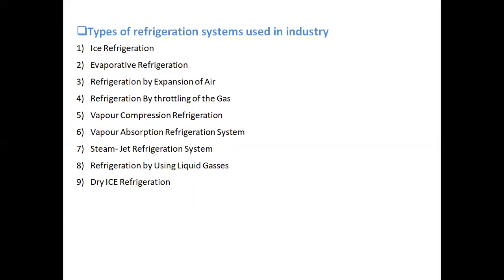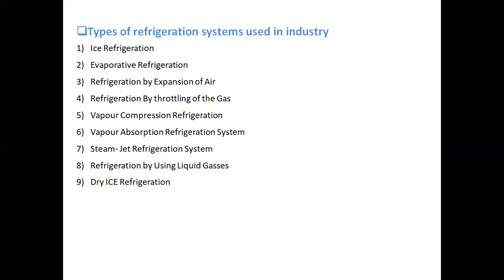One is ice refrigeration, then evaporative refrigeration, refrigeration by expansion of air, refrigeration by throttling of the gas, refrigeration by vapor compression refrigeration cycle, by vapor absorption refrigeration cycle, steam jet refrigeration, refrigeration by using liquid gases, and dry ice refrigeration. So nine refrigeration systems are enlisted, but in this course of refrigeration and air conditioning we'll discuss mostly about